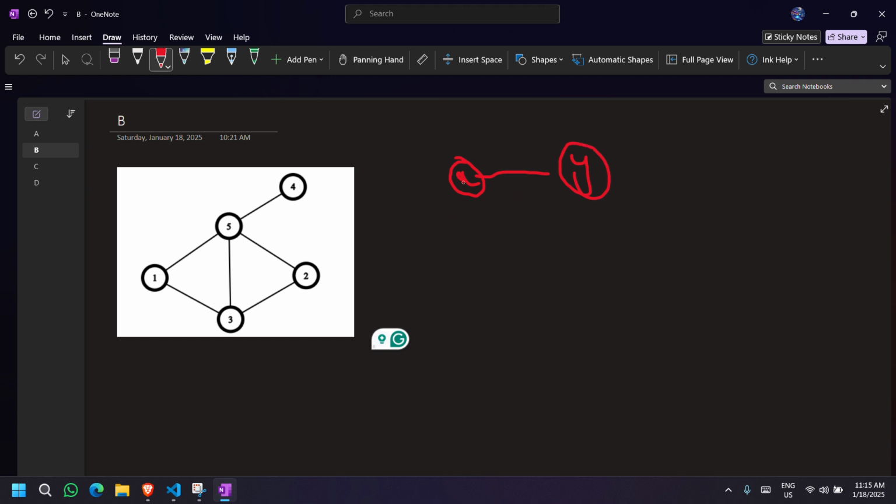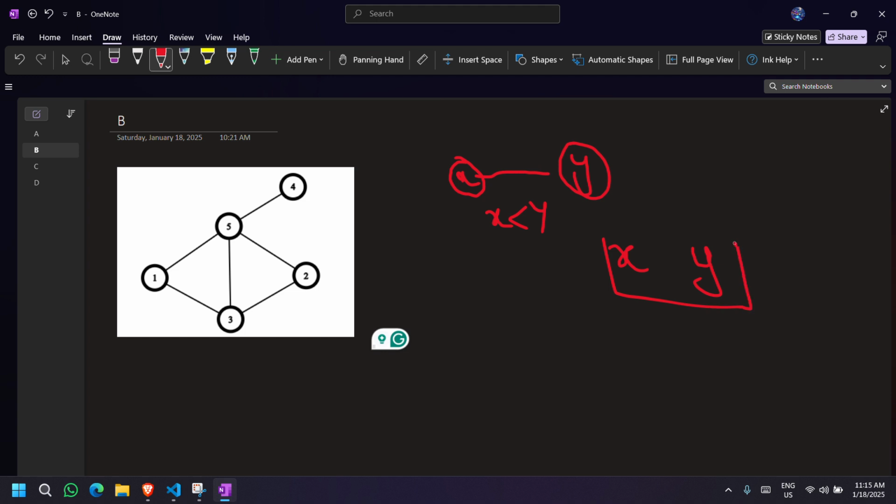Without loss of generality, suppose x is less than y. Then this case is possible only when in the permutation x is coming before y.